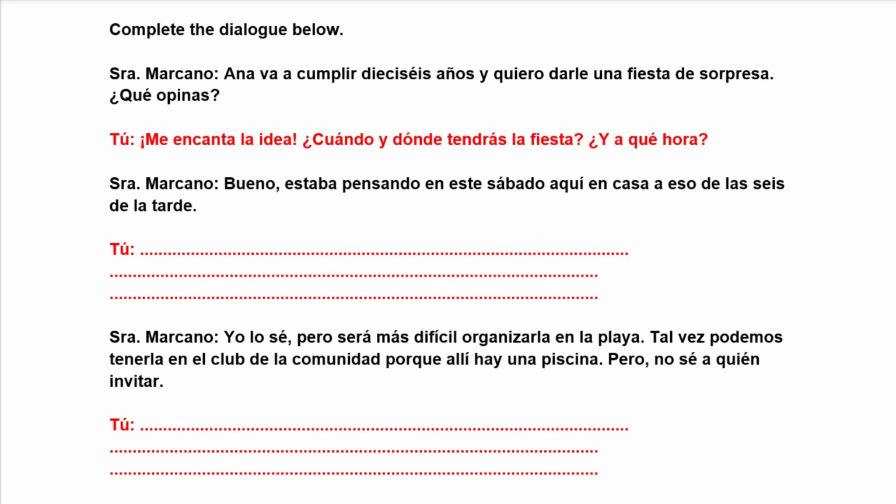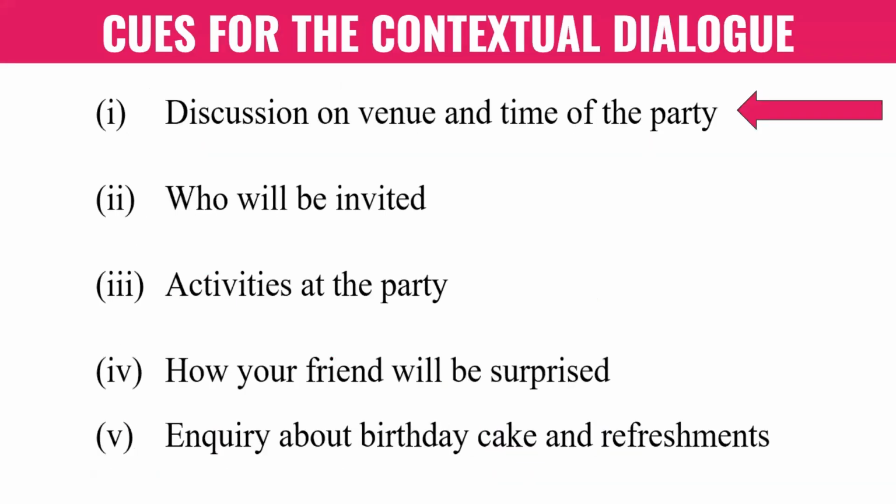Now, remember, before you give your response, the main thing that you want to do is read what information the cue requires you to include in the dialogue. Okay, so remember, you're not just writing random stuff. You have to let your answers be guided according to the information that the cue wants you to include, okay? So here we are still at number 1, discussion on venue and time of the party. Okay,